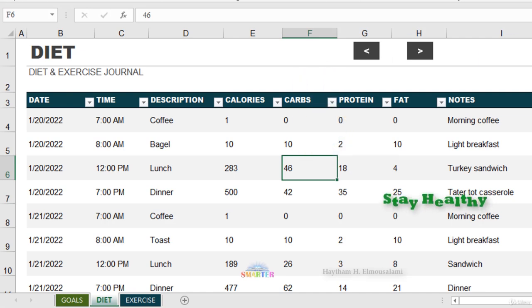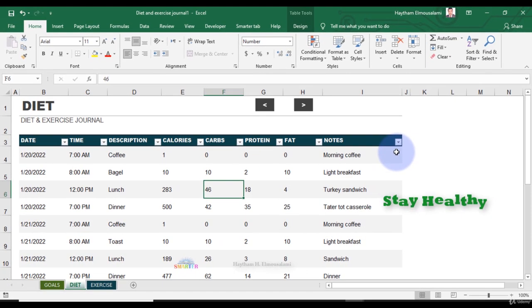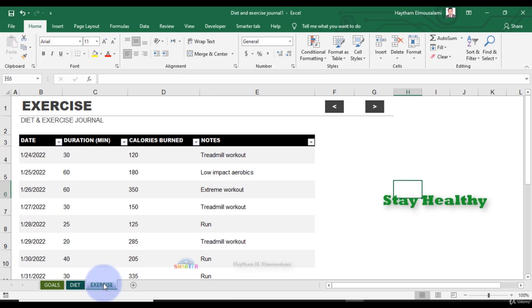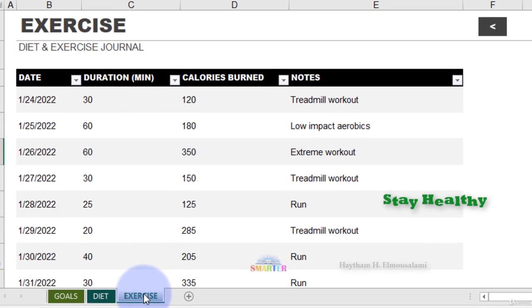And also there is a note about each item here in the diet. Okay, this is about the first item about diet. Also the second item is exercise. Okay, and for the exercise you have the date and duration of the exercise, and here the duration is 30 minutes,